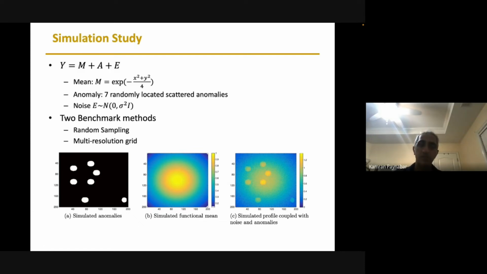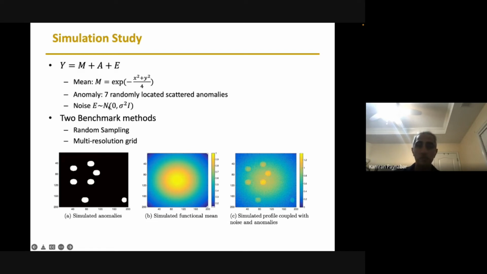Okay, we started with a simulation study. Let's say we have y and we have a mean function, which is the background. This is the mean function. As you can see, it's a spatiotemporal process. Okay, it's not solid background. It has some gradients in the color, as you can see. Then we add some anomalies, and these are anomalous regions. And then we add some noise to generate the data. And this is one example of generated data. If you do dense sampling, you can observe this.